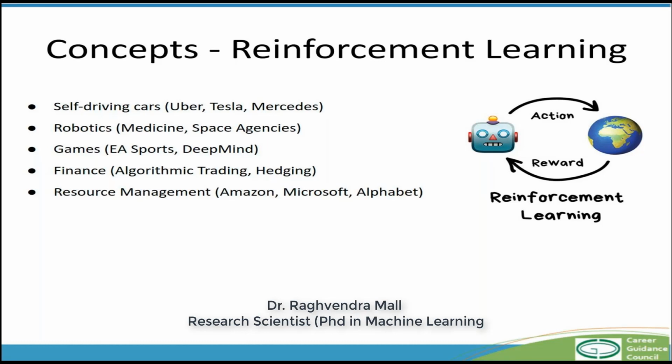The concept primarily in reinforcement learning is that you have a machine or a model or a robot, whatever you want to call it. It performs an action, and this action is performed in an environment. When this action is performed in an environment, the environment gives it a feedback of a reward. This feedback allows the robot to learn what action it should perform next, such that for the goal that it wants to achieve, that is the optimal action. So suppose that you are designing a robot which is supposed to not hit any obstacles.